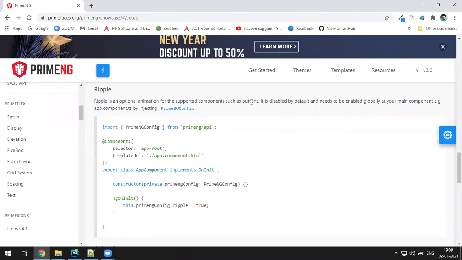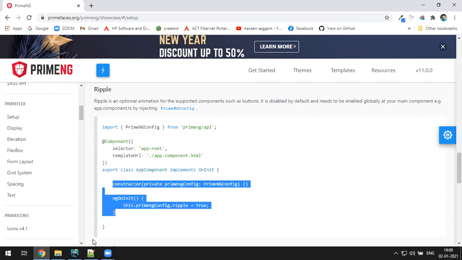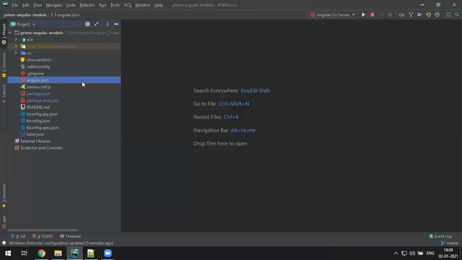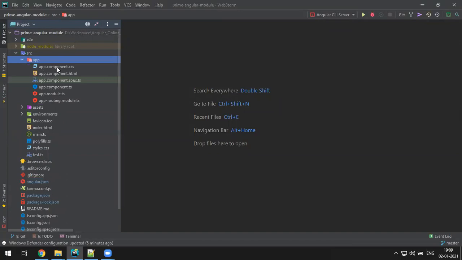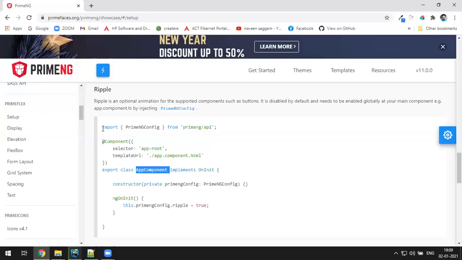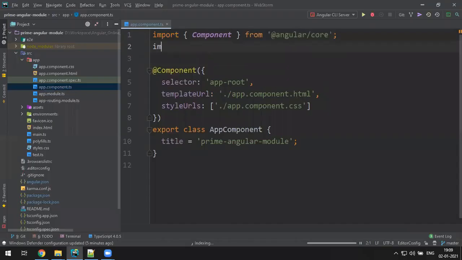If you want to add it, what you do is simply in your app component, you need to add an extra library, and you can add that in ngOnInit. I'll tell you in the app component, in src, the app component.ts file. Here you inject this, you can import it. I can write the import.